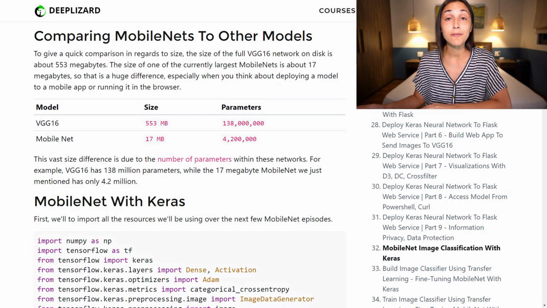So I have some stats taken down here. Just to give a quick comparison in regards to size, the size of the full VGG16 network that we've worked with in the past few episodes is about 553 megabytes on disk. So pretty large, generally speaking. The size of one of the currently largest MobileNets is only about 17 megabytes. So that's a pretty huge difference, especially when you think about deploying a model to run on a mobile app,